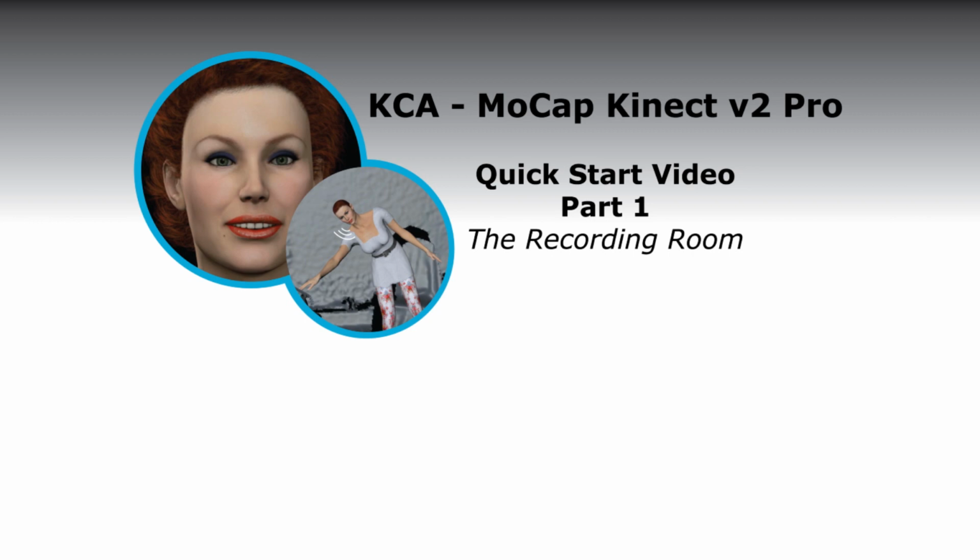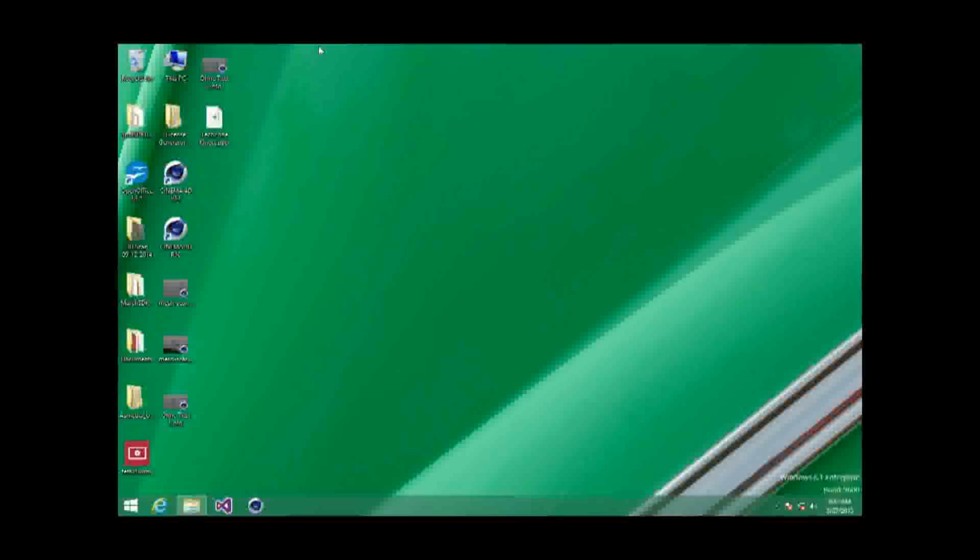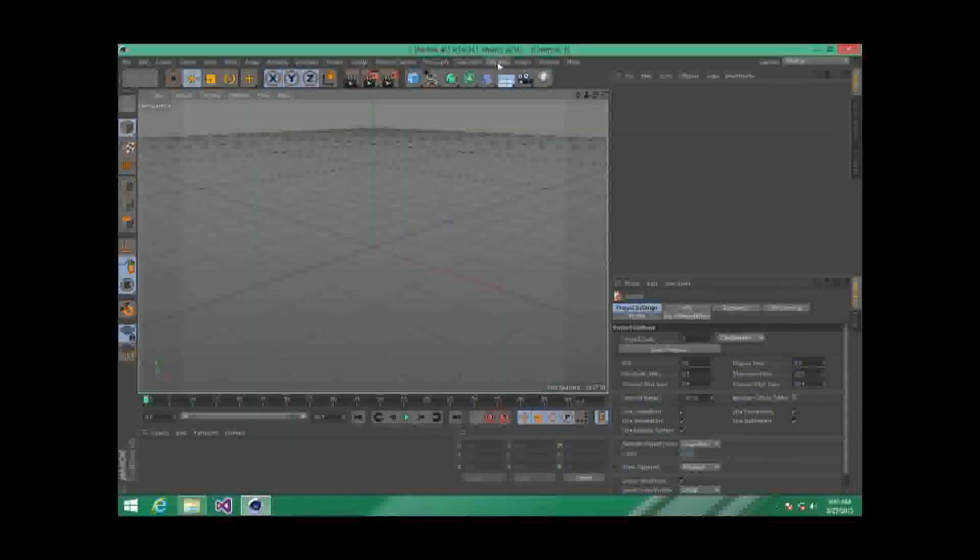Today we're going to take a closer look at our plugin for Cinema 4D, KCA MoCapV2 Pro. We are assuming that you are working on a computer with Windows 8, that you have installed Cinema 4D Studio, release 14 or higher, as well as the Kinect SDK 2 for the Kinect V2, and of course our plugin. So let's run Cinema 4D, and if you have installed our plugin correctly, you will be able to find it